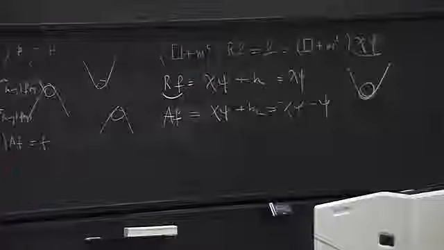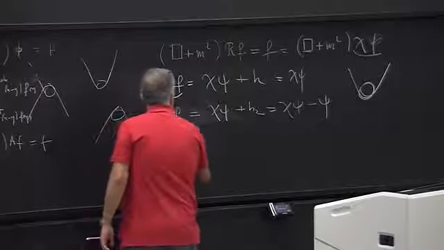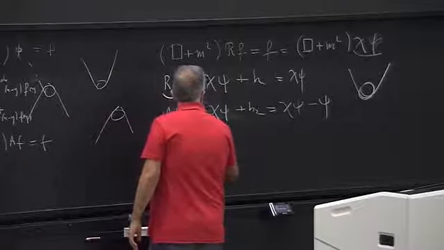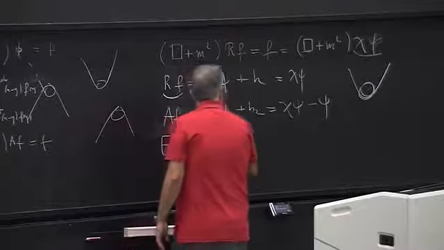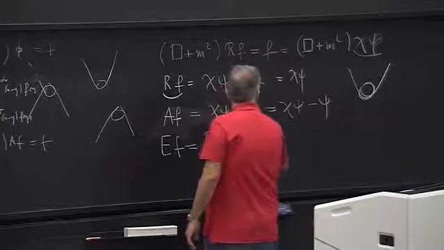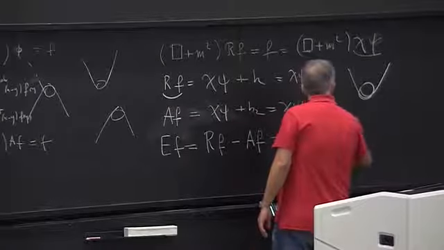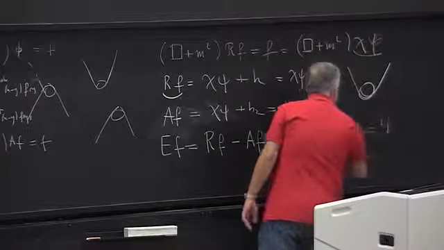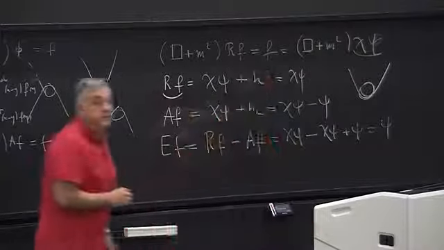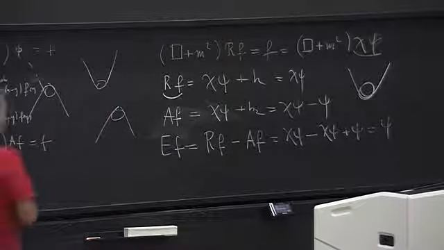Now I use this relation, EF, which is the retarded minus the advanced. This is chi of psi minus chi of psi plus psi, which is psi. So we do conclude